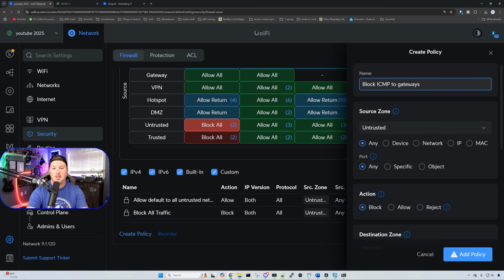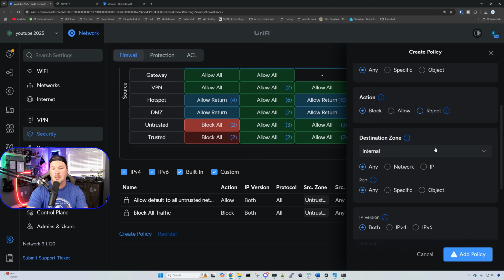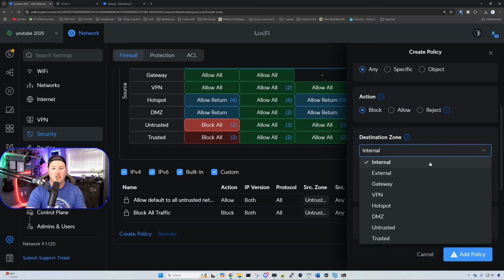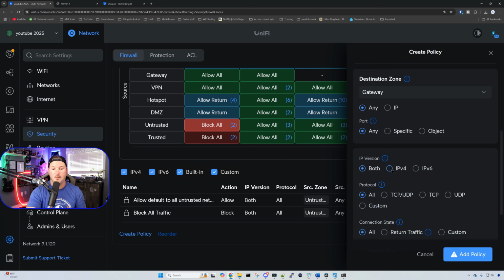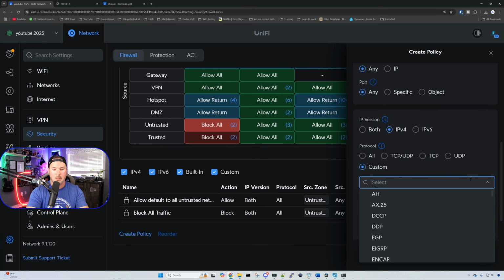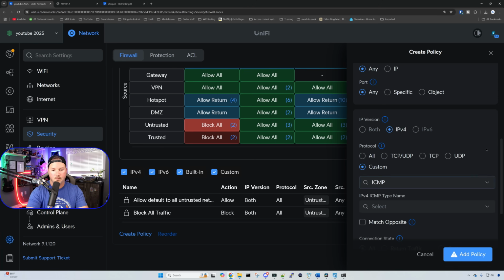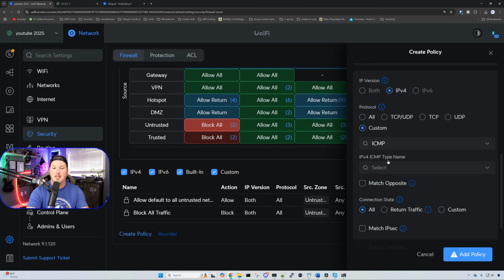The source zone is going to be our untrusted. The action is going to be to block, and then the destination zone is going to be our gateways. Scrolling down, we're going to want to select IPv4, and then we're going to do a custom protocol. This protocol is going to be ICMP. From here, we have the ICMP type name, and we're just going to select any, and we're going to add